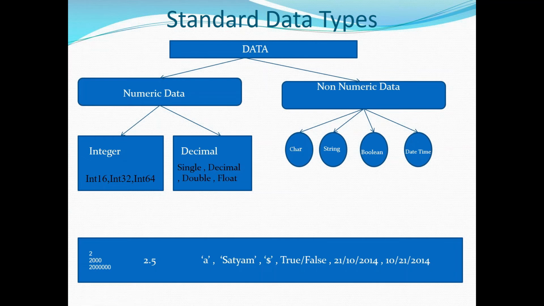So proper memory management has been handled in C#. In C, in all the cases, we should define it as integer, but there we have seen a lot of memory wastage. Here, you don't have to worry about that. If you are going to store the smallest numbers, just define it as int 16. Only that much amount of memory will be allocated. There will be no memory wastage. If you are going to store some middle level, some big numbers, define it as int 32. If you are going to store the biggest numbers, define it as int 64. Now integer can be managed properly in C#.